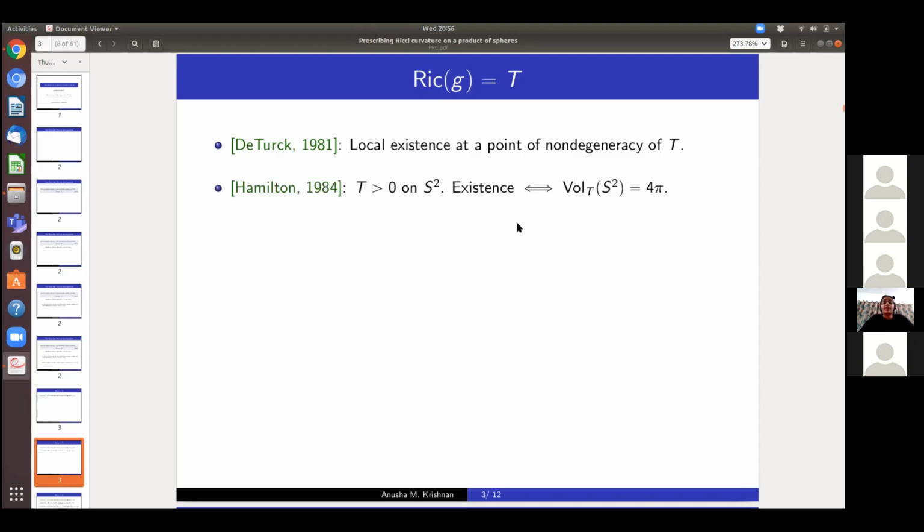One that I'd like to mention is this work of Hamilton from the 80s, which says that if T is itself a metric on the two-sphere, then you have existence for this equation if and only if the total of T is suitable. Recall again, we are looking at the Ricci tensor, which is scaling invariant. So what this result says is that any metric T on S2, if you scale it so that it